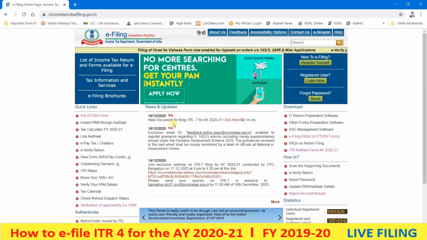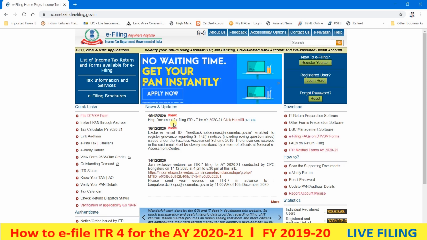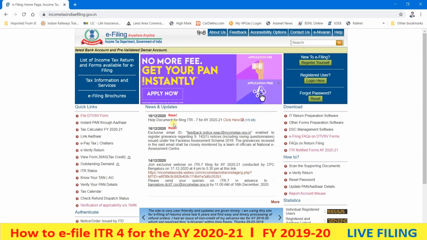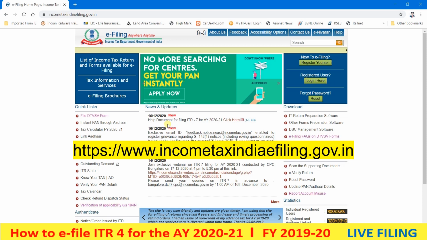ITR1 relates to salary income people, so kindly watch that video. You can easily understand how to file ITR1 on the income tax portal. Now we are on the income tax portal. The URL is incometaxindia